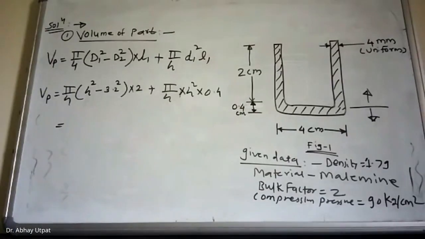You can do it another way. One more thing: consider the total as a cylinder and subtract this middle disc. I have seen some of the students have solved the earlier case problem in this way. So they will consider L1 as 2.4. If you consider L1 as 2.4, then the middle disc will be 3.2 diameter.